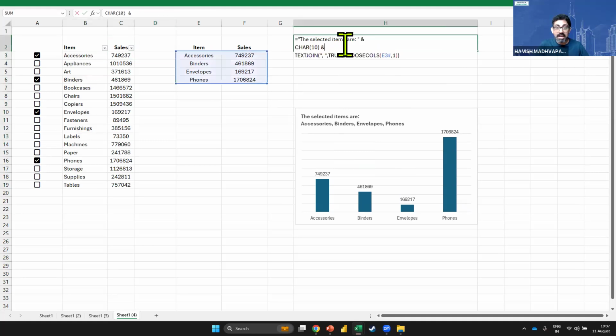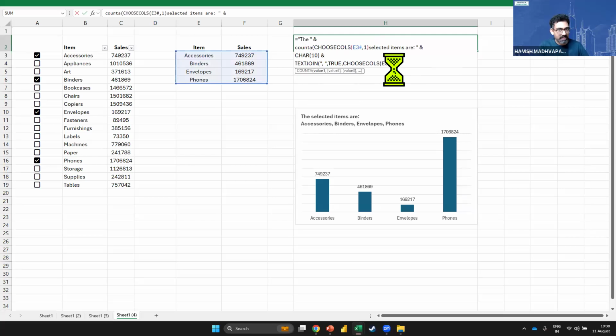Right? And if you really want to make it even better, I can also say that the selected items, but we also want to show the count of the selected items. So let me show you how we do that. So if you notice this choose cols, right, is selecting the items, isn't it? What I can also do is I can say the is one word, then I will put a concatenate, and then I will say do a count of my choose cols. That will give me, think about it, the number 4. We will again do and then we'll say selected items are. Now this means,